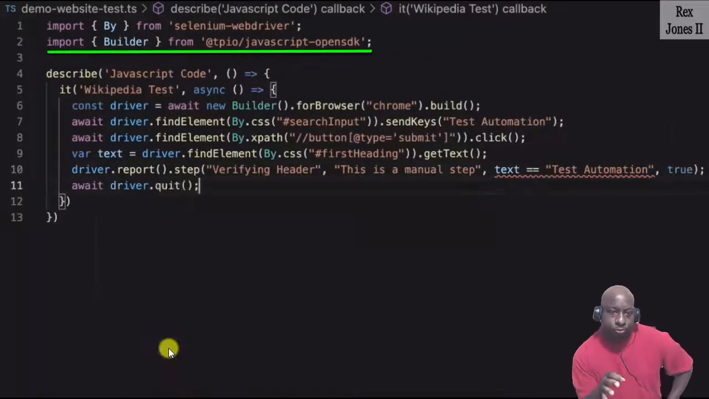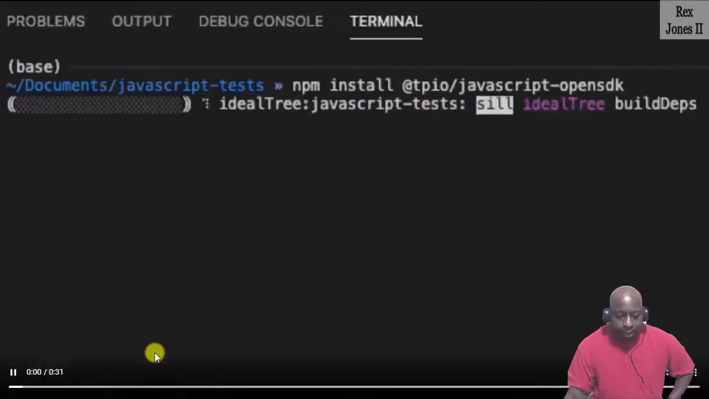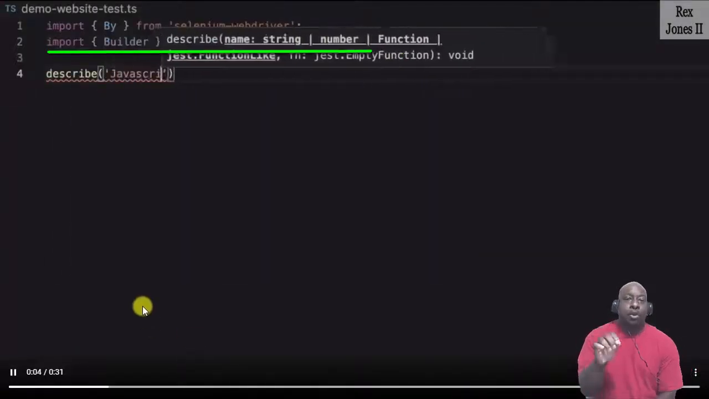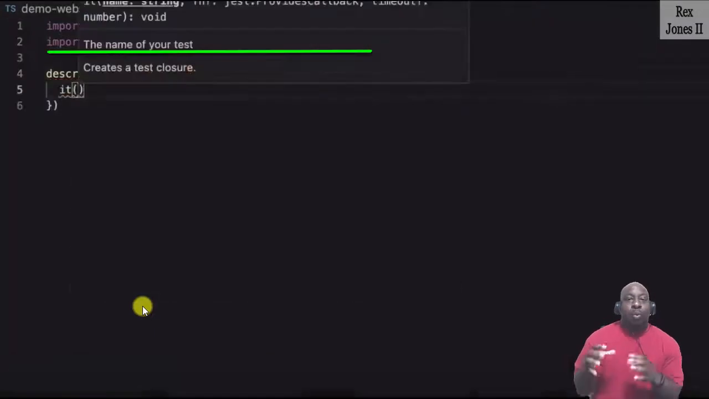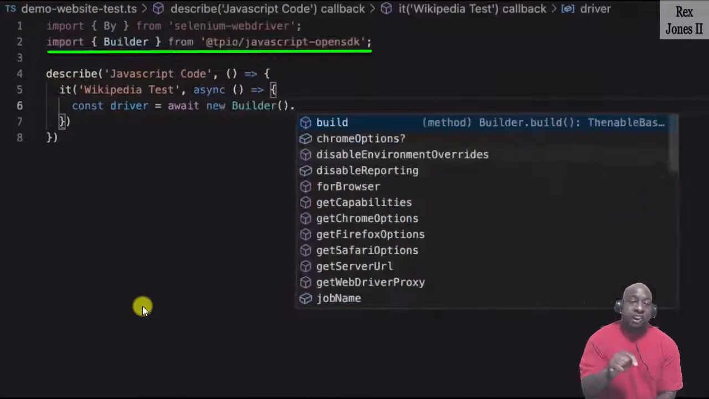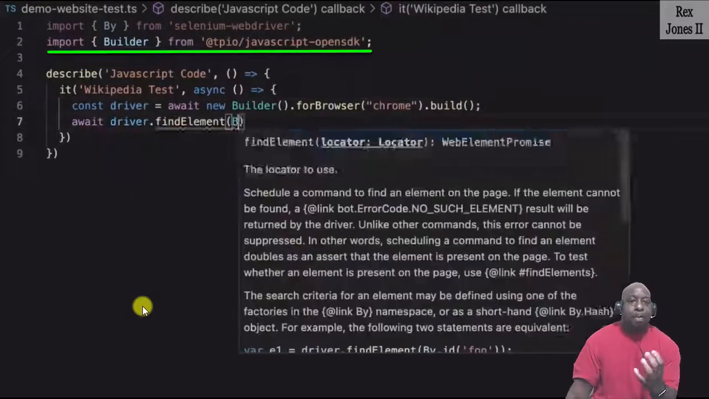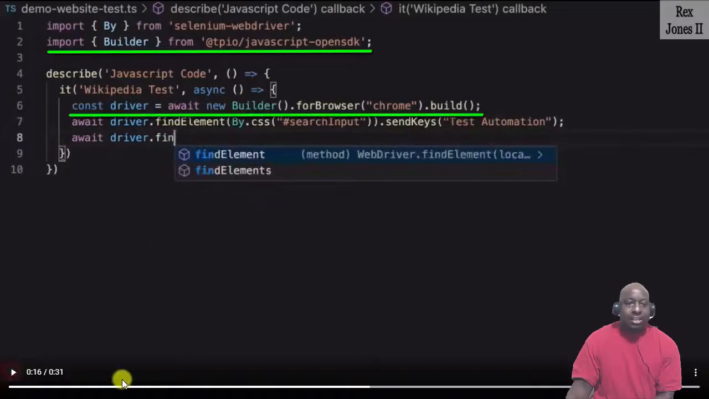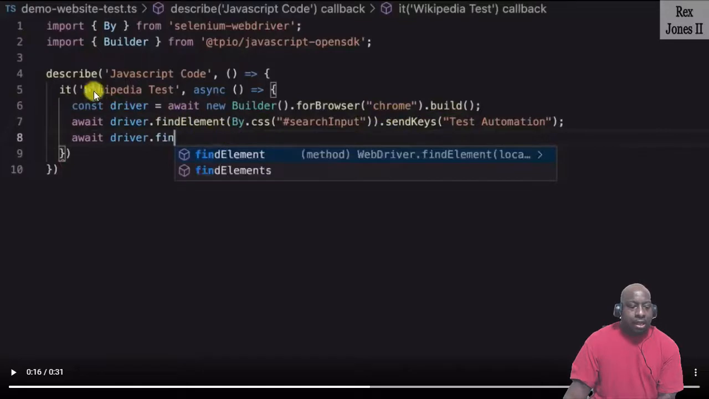Line 2 shows import builder, which comes directly from JavaScript OpenSDK. The purpose of builder is to help to create our driver. For an example, on line 6, it shows driver and builder. Also, we see Chrome as the browser. Line 4